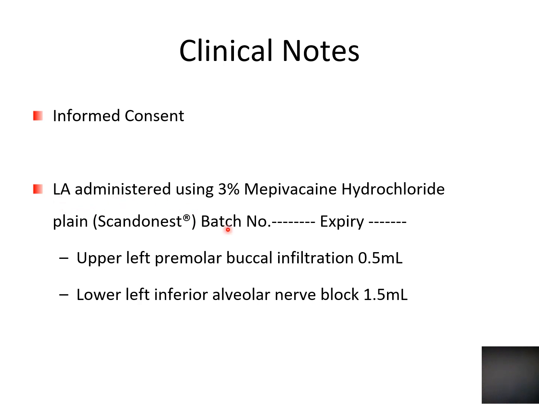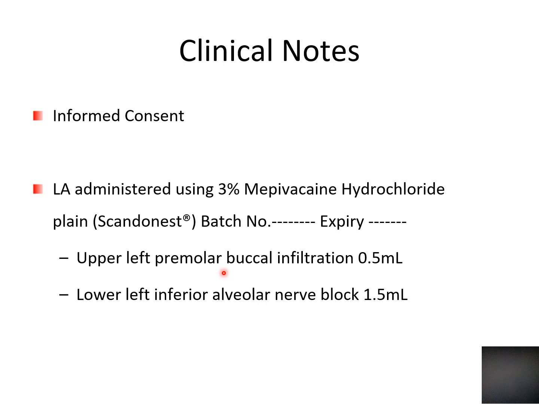So you should include the local anesthetic agent used. So for example, 3% mepivacaine hydrochloride plain, which is available commercially as Scandonest, or the one we use more commonly, 2% lignocaine with adrenaline 1 in 80,000. You should also include the batch number and the expiry date on each local anesthetic agent used in a treatment session. You should also mention the site, so the upper left premolar,